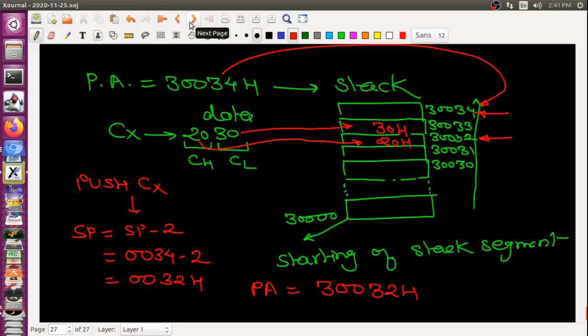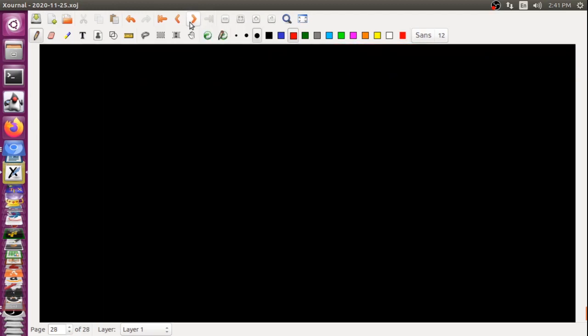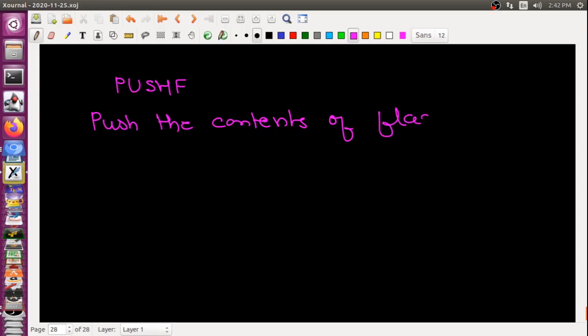There is an alternative instruction for that, called PUSH F. This is the complete instruction, PUSH F. This says that you have to push the contents of flags on this stack. Again the same operation will be performed.